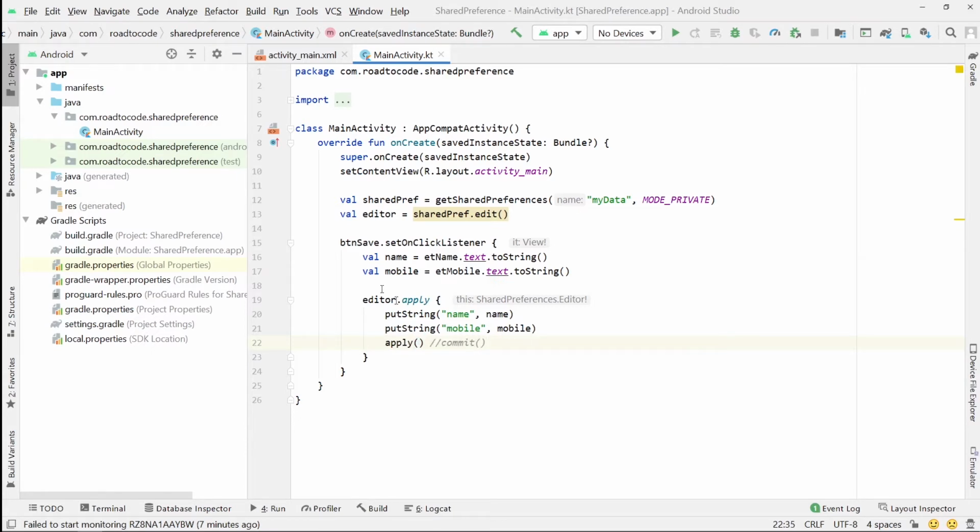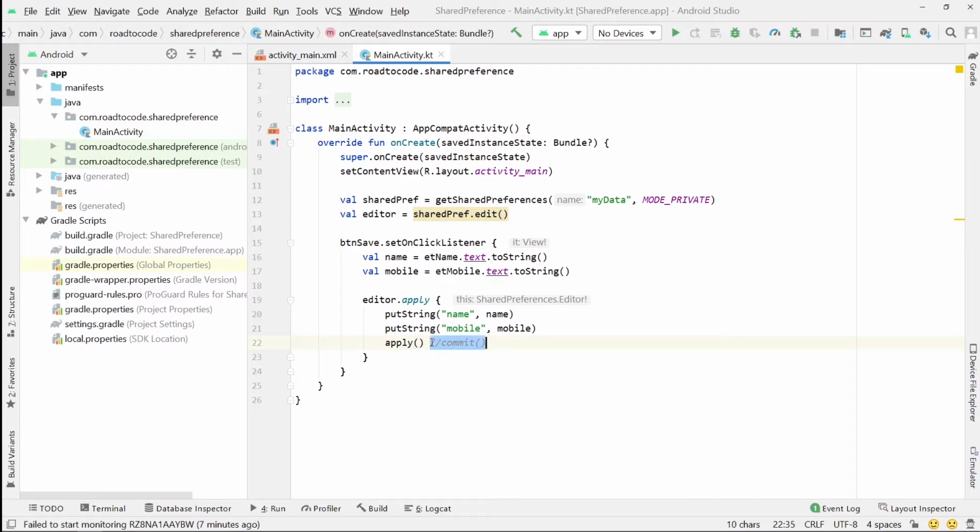Don't be confused with this apply and this apply. Here this apply is creating a scope, and this apply is a function which will store the data inside the shared preferences asynchronously. Here we are not using the commit function because it stores data synchronously and it may block the main UI thread and the application may crash.